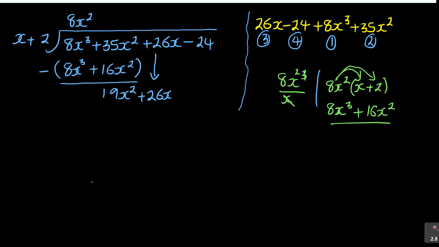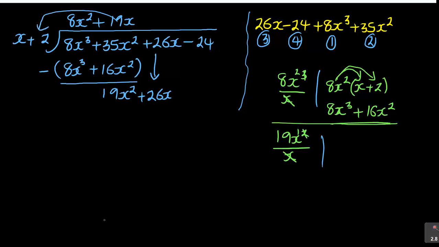The process repeats again. How does the process repeat? We have done the first part. Let's do the second part. Now it's x into 19x squared. So I've got 19x squared, I divide it by x. So there are 2 of them, 1 will cancel to remain with 1. And then after that, I will have 19x. You can see, so it's positive 19x.